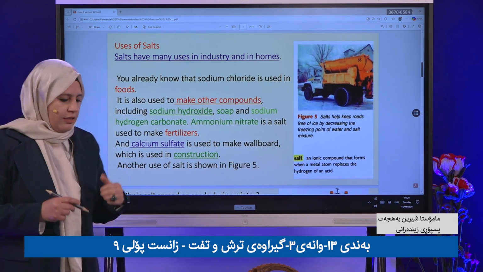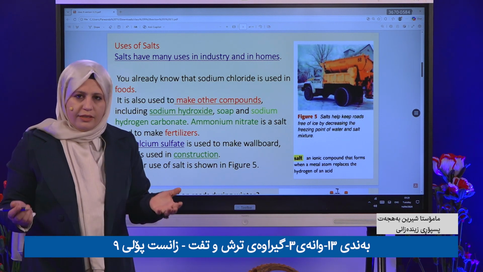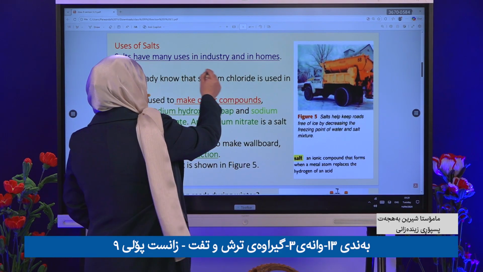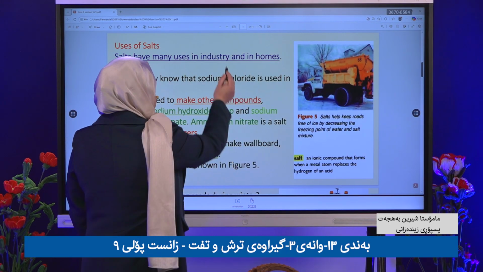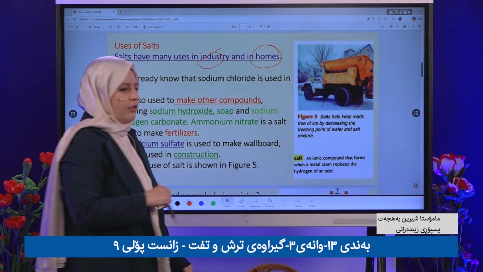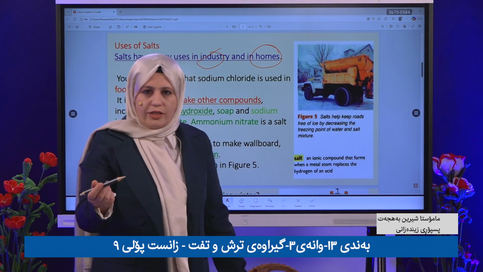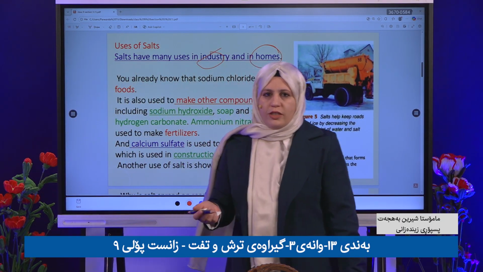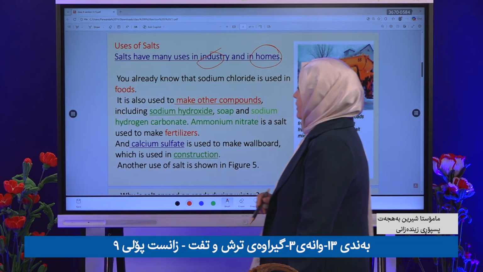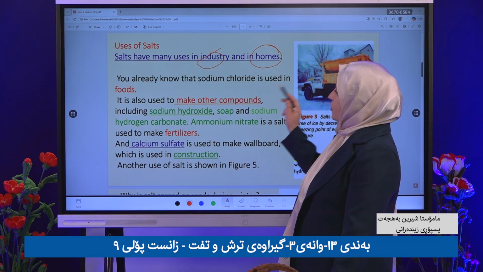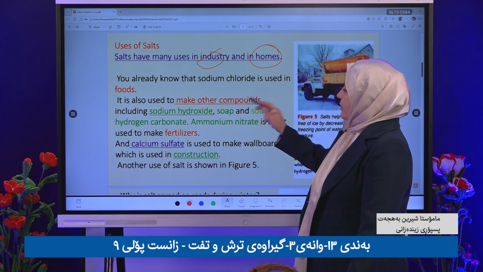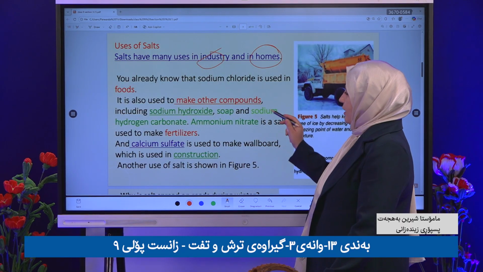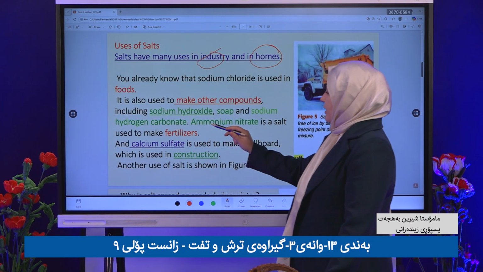Salt is used every day, and it is very common in everything. Okay. So salt has uses in industry and homes. In the home, what are we using it for? For food, especially, okay? Industry uses it for other things. Already, you know, sodium chloride is used in food, as I mentioned. It makes other compounds, including sodium hydroxide, soap, sodium hydrogen carbonate, and ammonium nitrate,